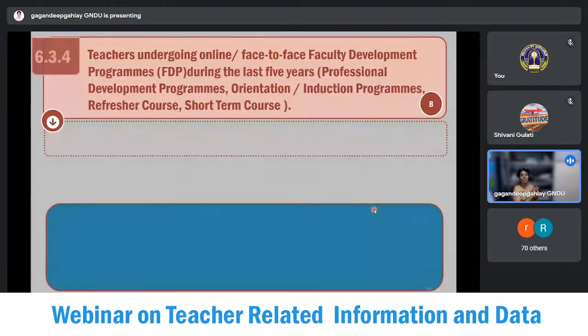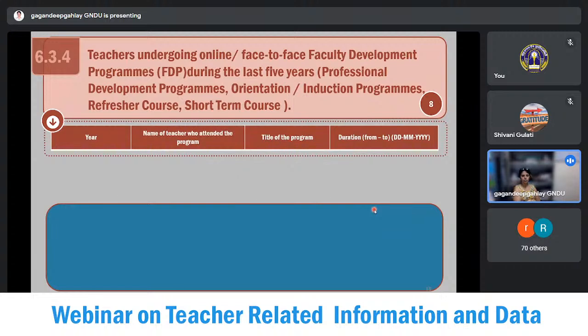The last question, which pertains to the teachers in the SSR, is in section 6, which talks about governance, leadership, and management. And here they are looking at what incentives or opportunities are provided to the teachers to improve their skill set. So by joining or undergoing online or face-to-face faculty development programs, these can include your professional programs, your orientation programs, your induction programs, refresher courses, or any short-term courses. So here you will talk about which year that particular program was undertaken, the name of the teacher who attended the program,